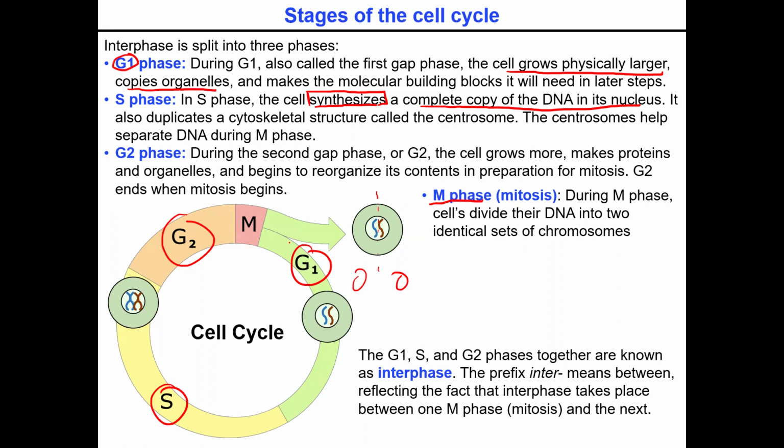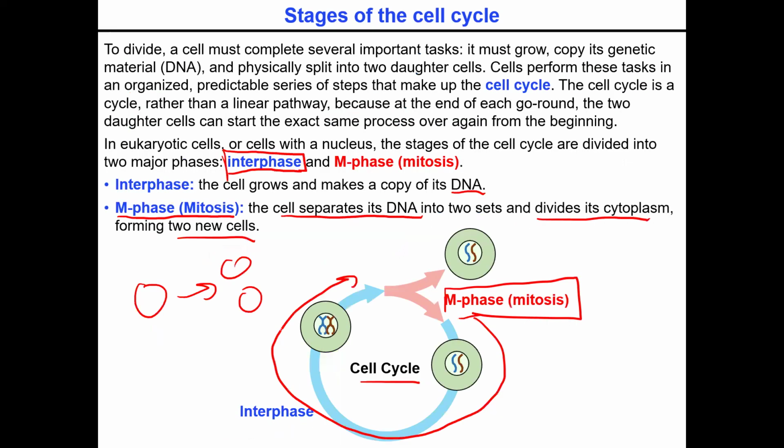So these are going to be our phases in between our cell cycle. Again, quick recap, we have two major phases when it comes to the cell cycle. We have our interphase, where the cell spends the majority of its time, getting ready to go through mitosis. And then in our M phase, or mitosis phase, this is when the cell is going to separate out. Again, the majority of it is spent in interphase, and then we also have our M phase, which is the actual